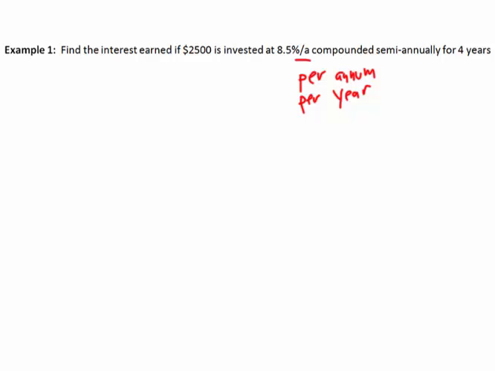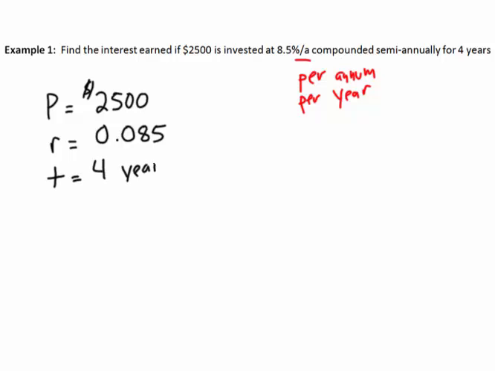So what we want to do with this word problem is take the information we know. Well, first we have an amount of money that we start with, our principal of $2,500. We know that the rate per year is 8.5%, which as a decimal is 0.085, and it's very important that we bring that in as a decimal for our calculation. Our time in this case is 4 years, and what we have to consider is N, the number of compounding